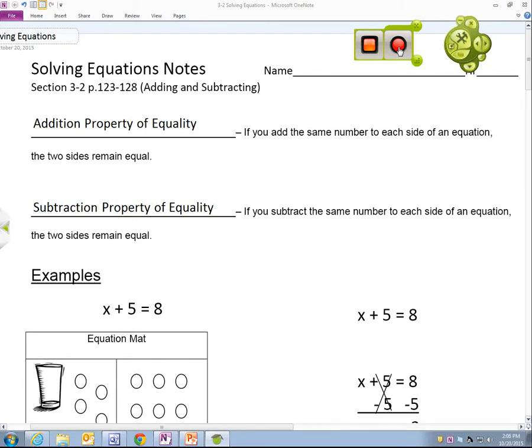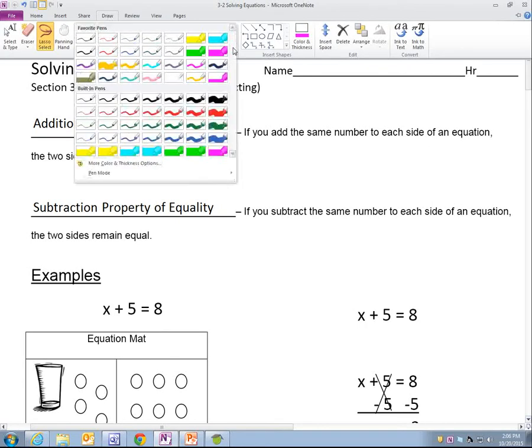Solving equations. There's a couple of definitions here that you just wrote down. One of them is the addition property of equality, which is if you add the same number to each side of an equation, it stays the same. It's going to remain equal. Okay? It's going to remain equal. So that's just saying that when you have